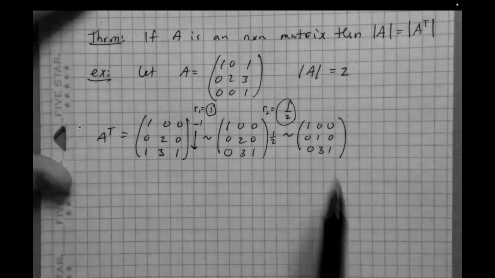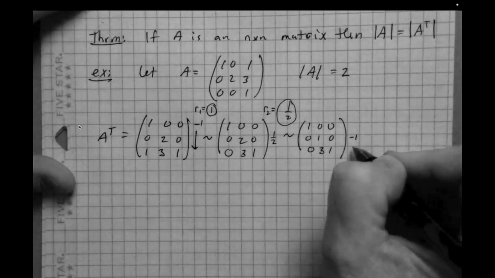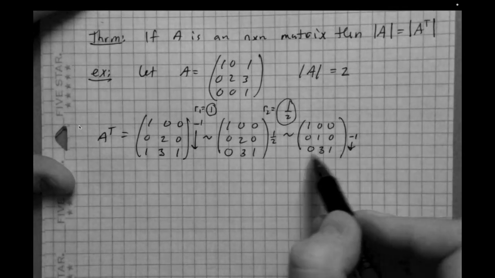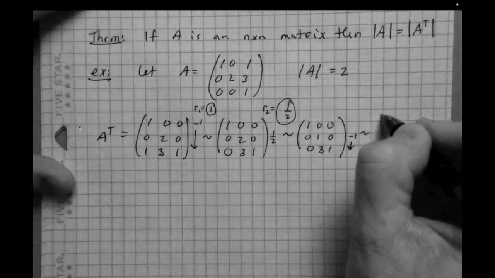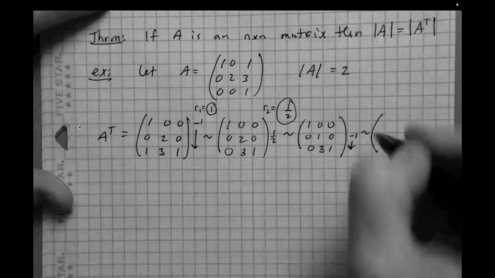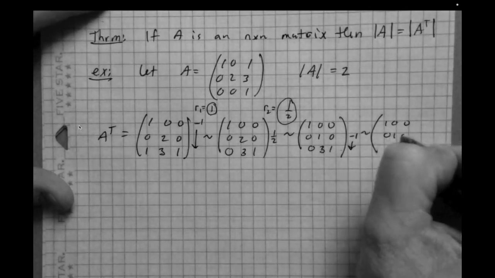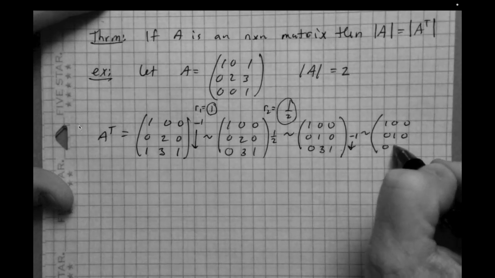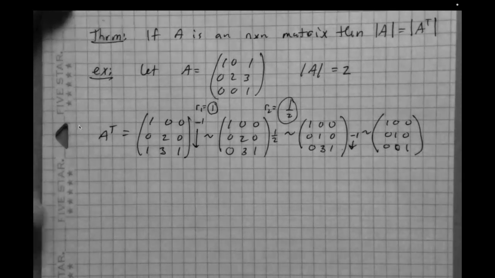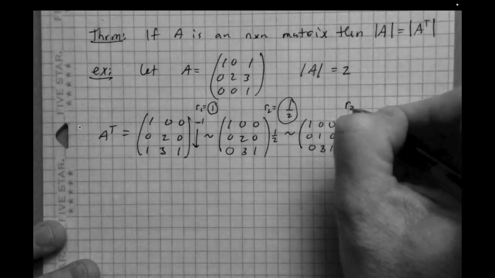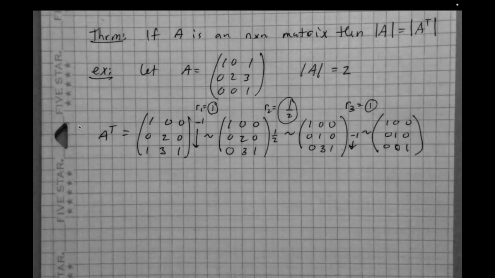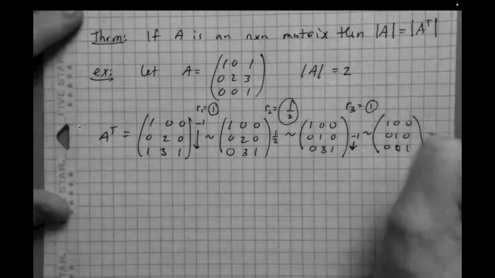And I can do one more thing. I can multiply row 2 by -1 and add that to row 3. When I do that, this goes precisely into the identity form, right? And so row operation 3, payment is a 1. Again, this is one we get for free. Okay, and so then this is just equal to the identity,